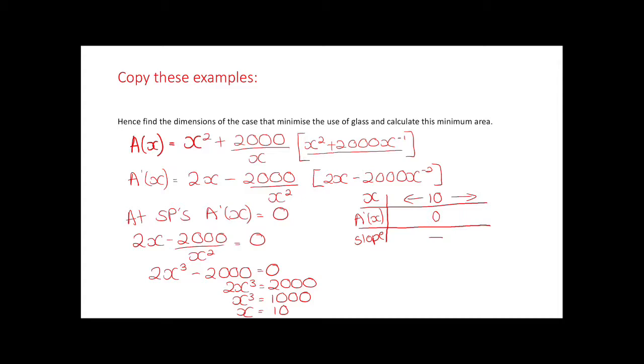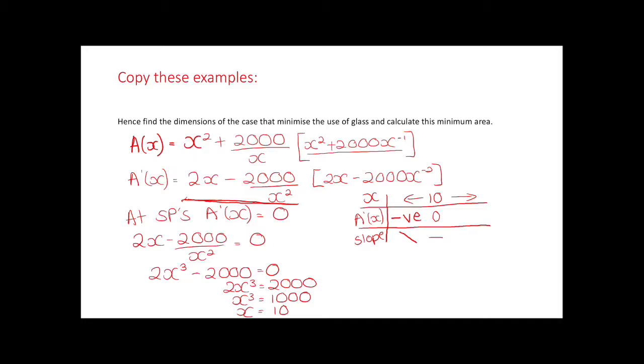So I'm going to go back to my derived function. So I am going to substitute 1 into my derived function over here. So 2 times 1 gives me 2, minus 2000 divided by 1 squared gives me 2000. 2 minus 2000 is going to give me a negative number. Remember, it doesn't matter the value, it just matters that it's going to be negative. So for a negative gradient, that's going to look like that. If I then substitute a number bigger,